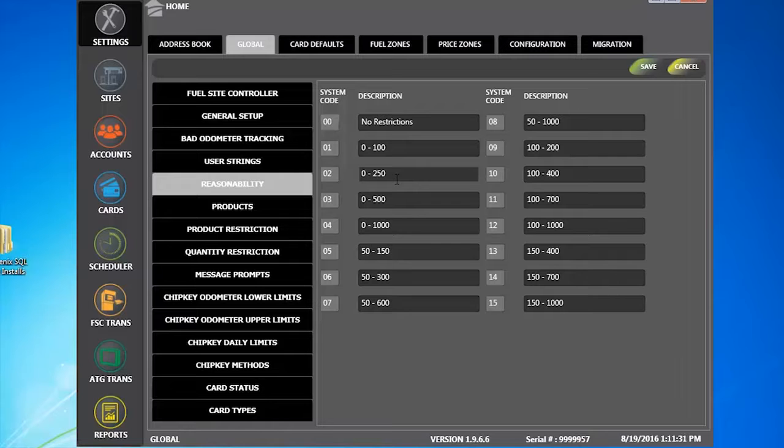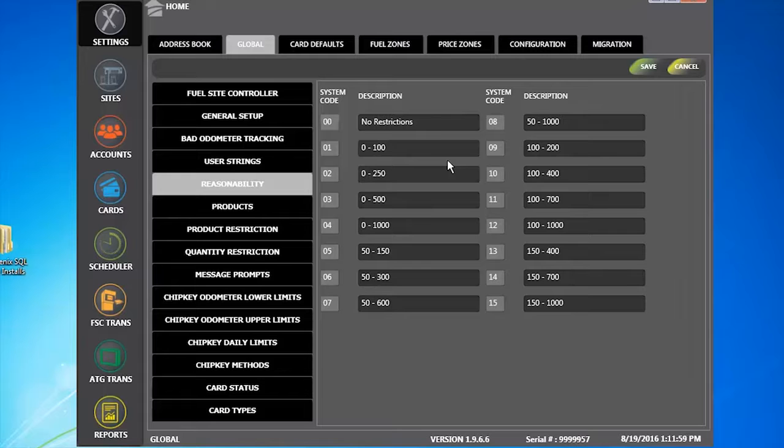So let's say, for instance, the card has a range of 0 to 250 miles. Okay, so if you put a mileage that exceeds the range that's defined for the code, let's say we put in 255 as a new mileage differential between the previous fueling,